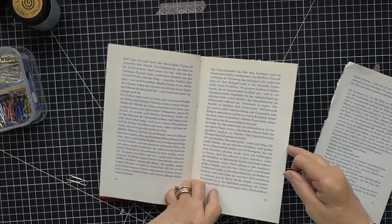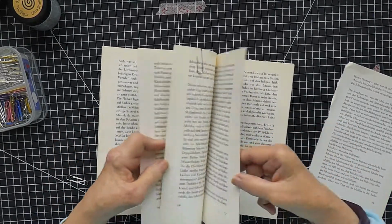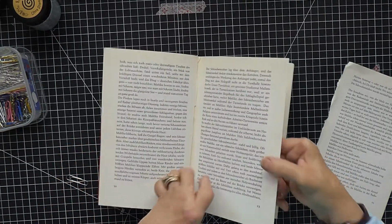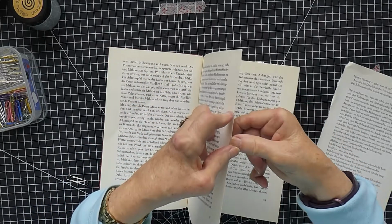Not sure I have now. What have I done? I really don't know. These signatures are not easy to find at all. So anyway, I'm going to have to try and figure out where I...